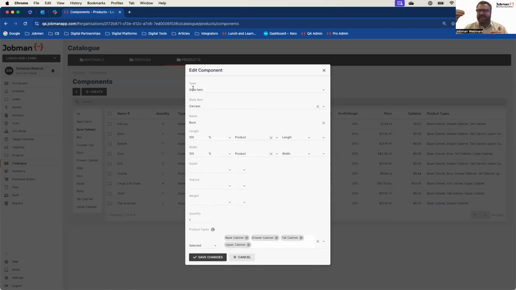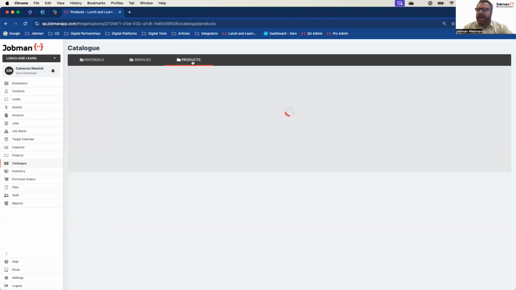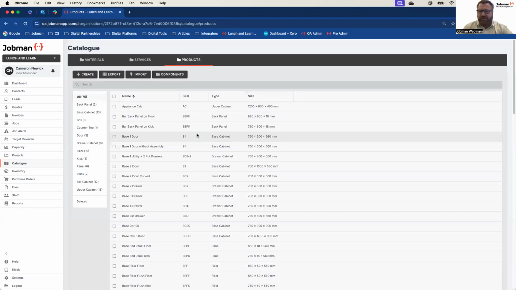As I move up that scale, I want the price of that product to increase. And you're starting to see how just by having products and components with parts in them and styles, all I need to do is produce a very small amount of products in Jobman, and I can make a lot of variations. And that's why Jobman is so good at bespoke manufacturing. So setting up your components just automatically populates your products. However, like I said, you do not have to utilize that functionality. You can simply add products, put parts in them. They'll work just fine.